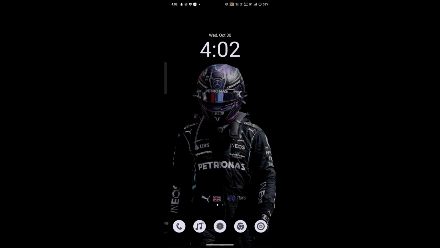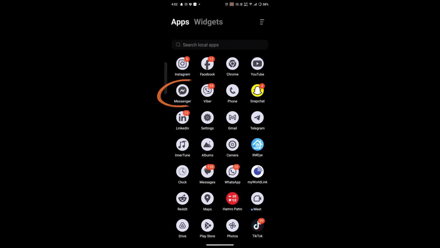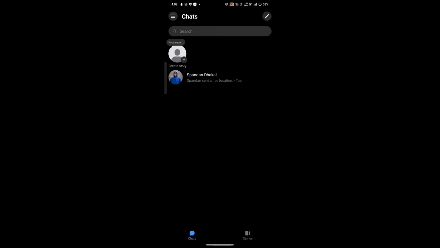In today's tutorial video, we will be learning how we can change our Messenger password. So for that, firstly you have to locate the Messenger app in your phone and open it. And once you have opened the Messenger app, click on the three lines option which is at the top left